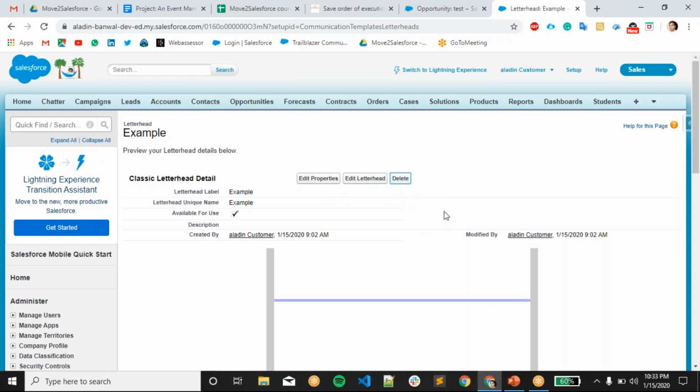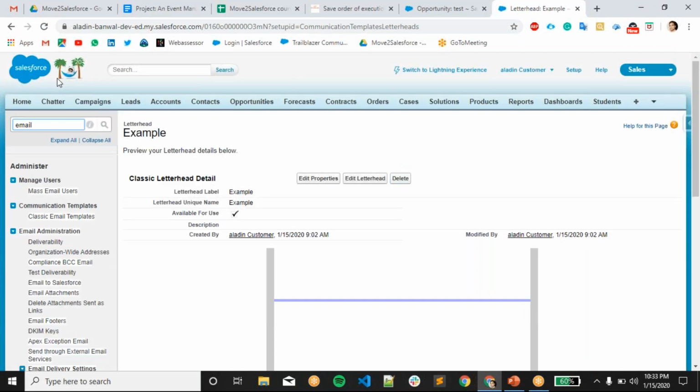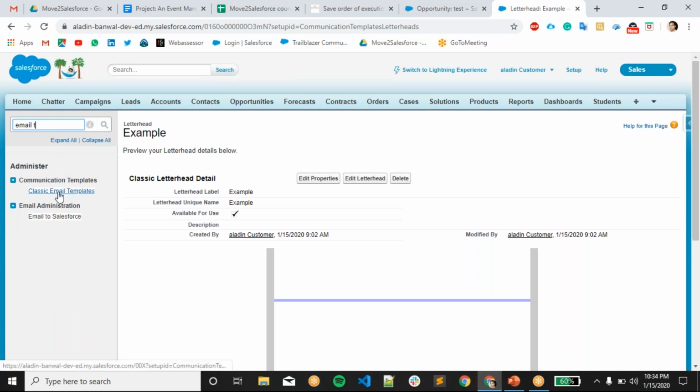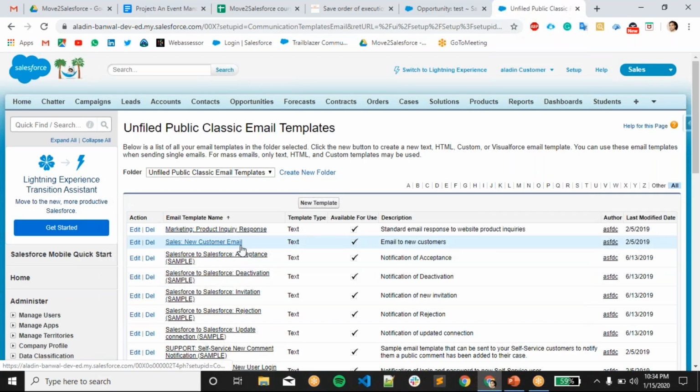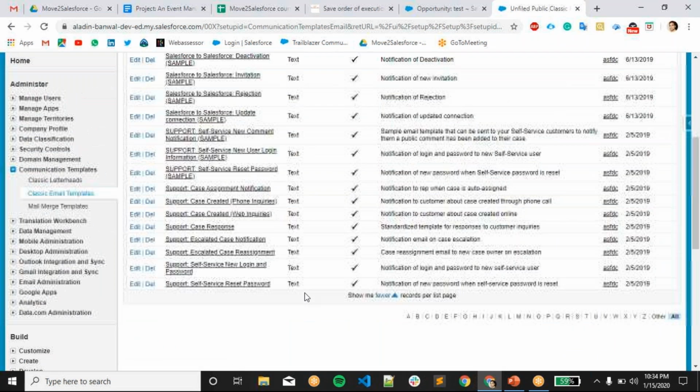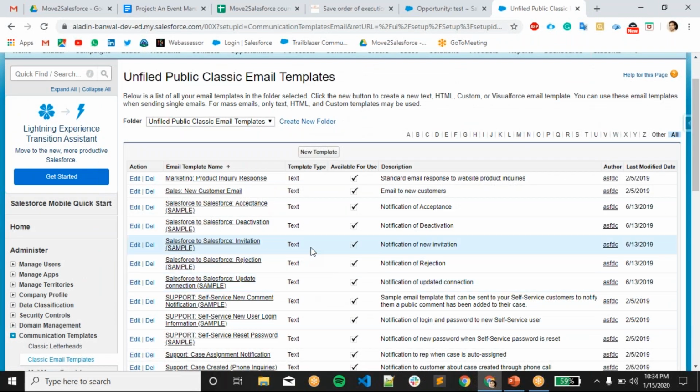Sorry, let me go. So this is the letterhead, and let me go to email templates, classic email template. These are some standard email templates provided by Salesforce.